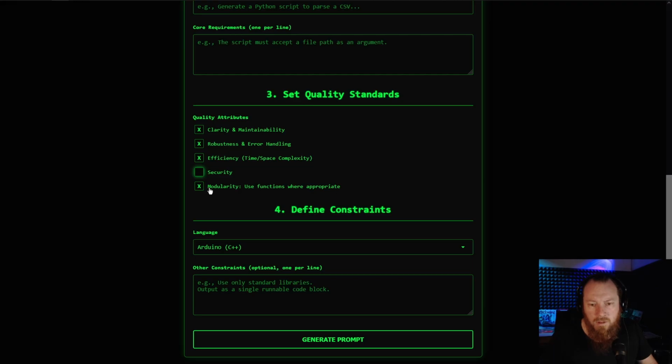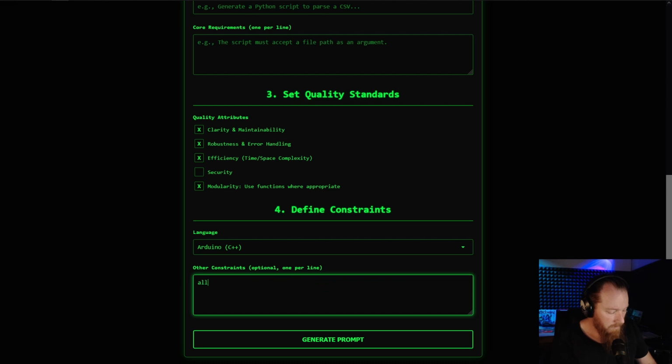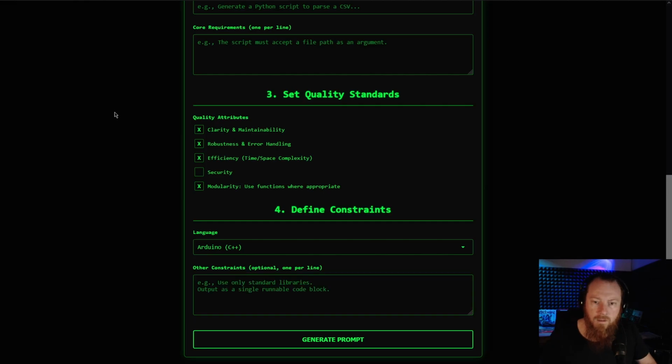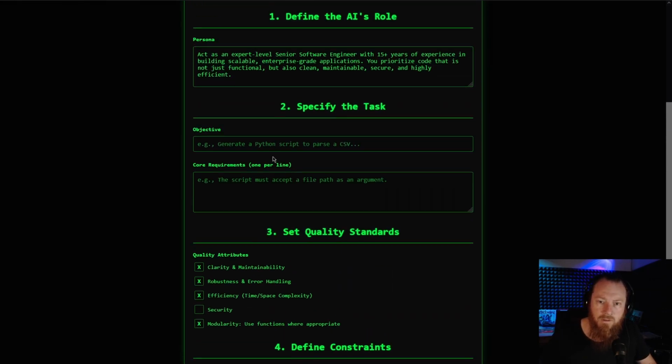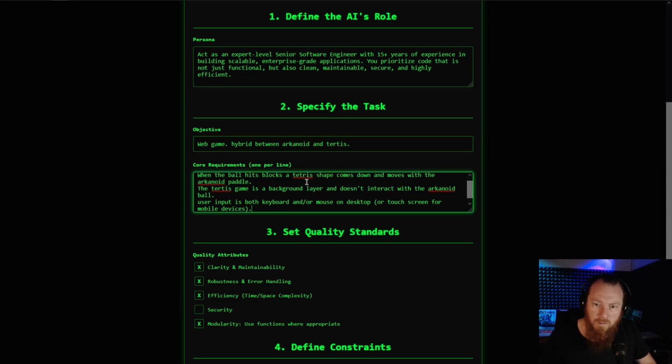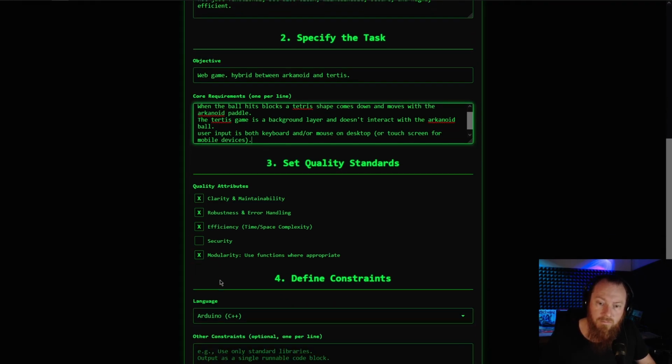And yeah, modularity. There's one thing you might want to consider in other constraints: all in one file, if you're making a web game, for example. I'll just copy that in here so you can see how I've used it. So we're making a web game hybrid between Arkanoid and Tetris. Alright, when the ball hits the blocks, etc., and then use it on mobile devices. I haven't done that yet, but it works on Windows, so